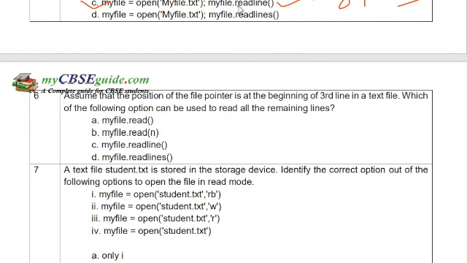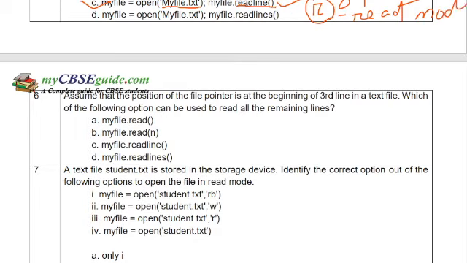By using the readline method, it will read line by line. So now we are using it the first time, so the first line will be read. And you can see here there is no mode. Read, write, append mode is not mentioned. If any mode is not mentioned, then by default which mode? Read.